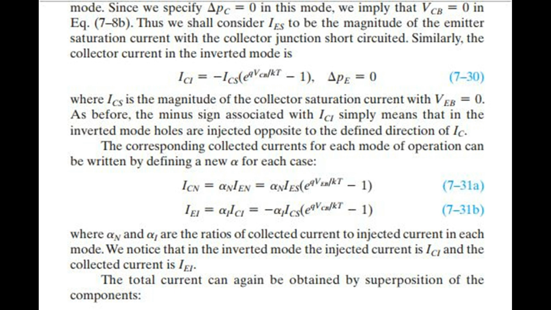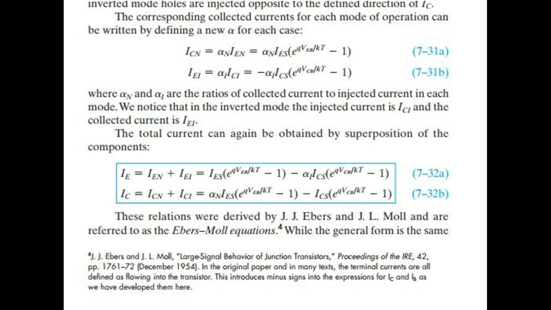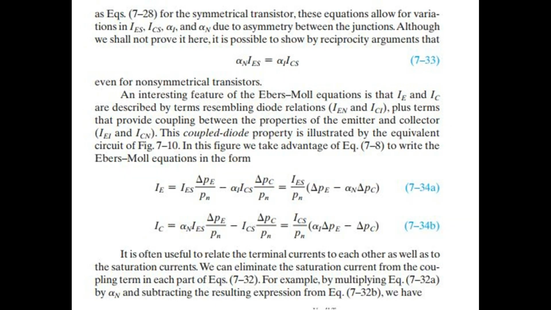The corresponding collected currents for each mode of operation can be written by defining an alpha for each case, where alpha_N and alpha_I are the ratios of collected current to injected current in each mode. We notice that in the inverted mode the injected current is ICI and the collected current is IEI. The total current can again be obtained by superposition of the components. These relations were derived by J.J. Ebers and J.L. Moll and are referred to as the Ebers-Moll equations. While the general form is the same as Eqs. 7.28 for the symmetrical transistor, these equations allow for variations in IES, ICS, alpha_N, and alpha_I due to asymmetry